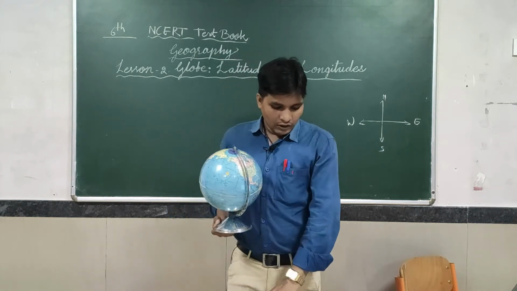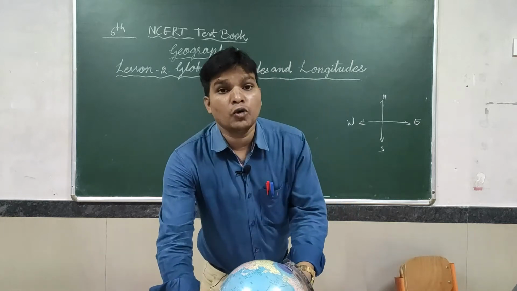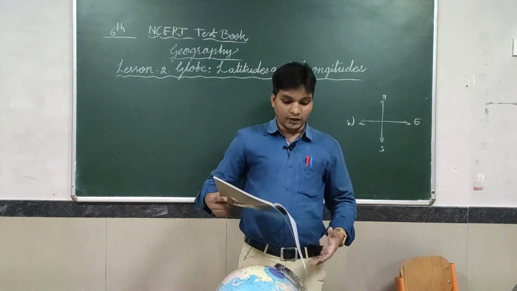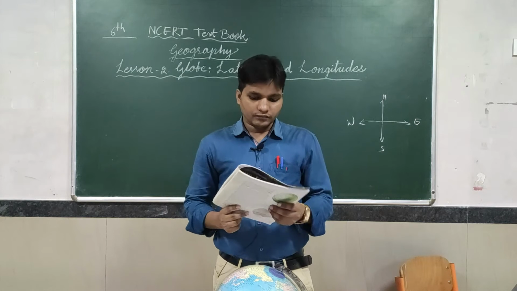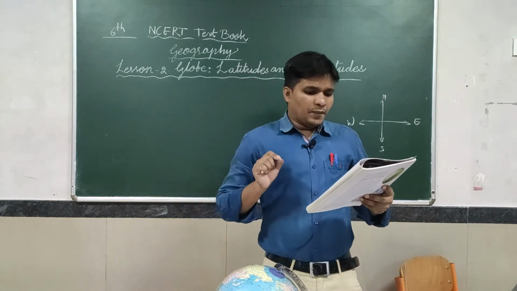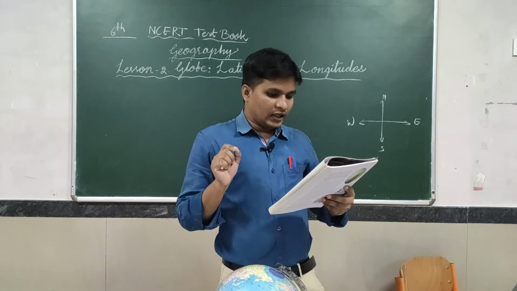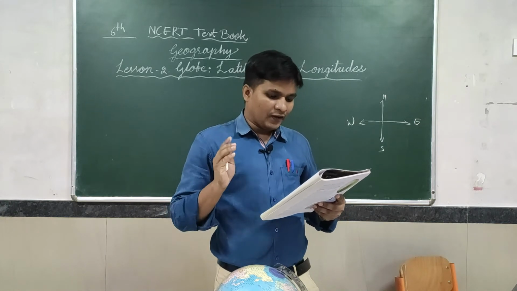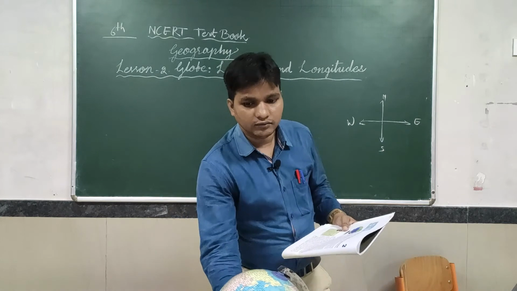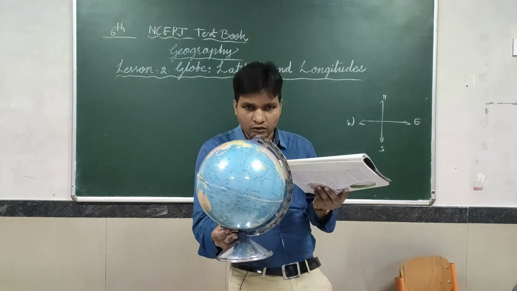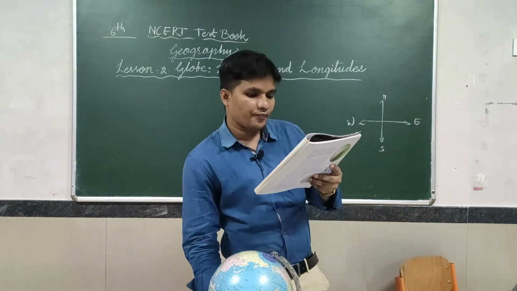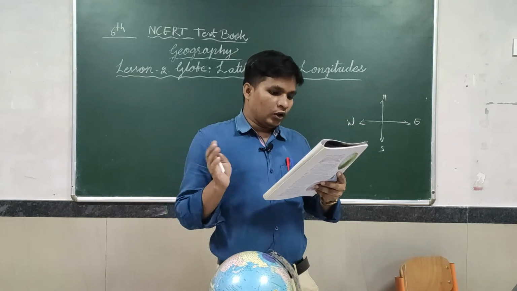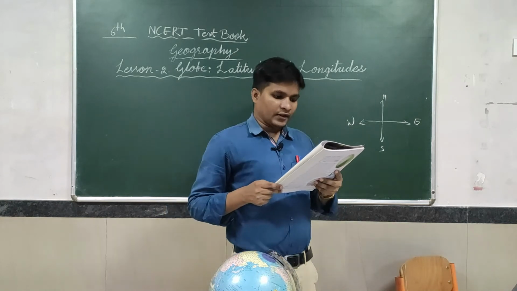That is written. So for two minutes I am just reading the content. Listen to me carefully. In the previous chapter we read that our planet Earth is not a perfect sphere. It is slightly flattened, obviously, on this side. It is slightly flattened at the North and South Poles and bulging in the middle.